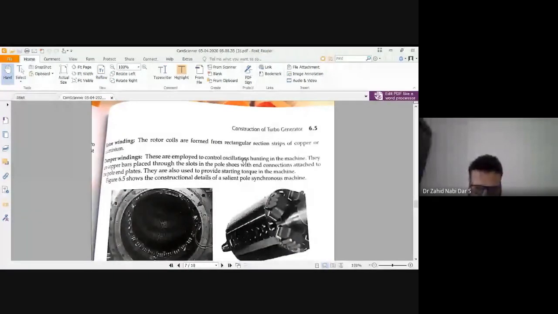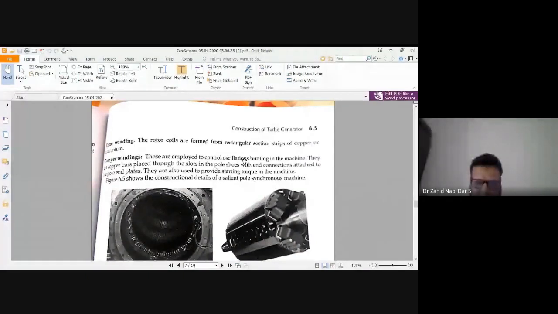Now, one interesting fact. What is the difference between the induction and the synchronous machine? One difference is obviously we have a DC exciter on the rotor such that the rotor and the stator lock onto each other, and the slip is cut out and they rotate at synchronous speed. But how does the machine initially get speed and get into the torque position? For that, damper windings are used. Another name for them is amortisseur winding.